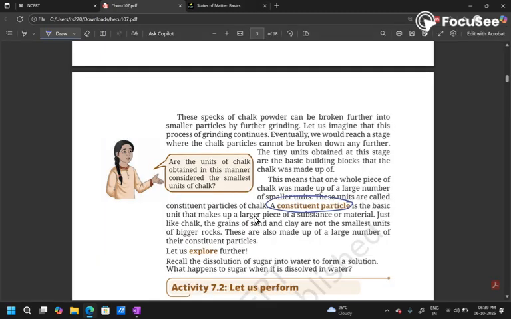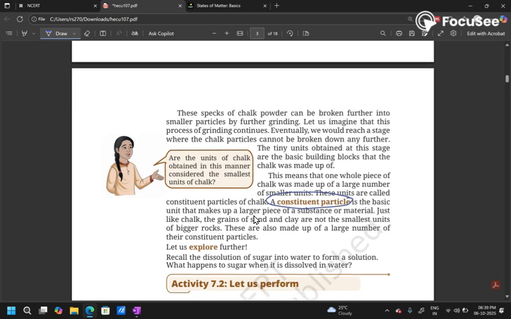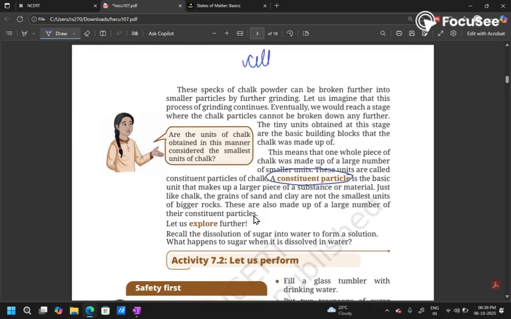So when I talk about the constituent particles, again it primarily means the smallest particle which actually forms a building block of that entire state of matter. So when I talk about the building block for any living organism, the building block of any living organism is a cell. On the other hand, the building block of any matter is an atom. Now, so this atom can be also considered as a constituent particle.